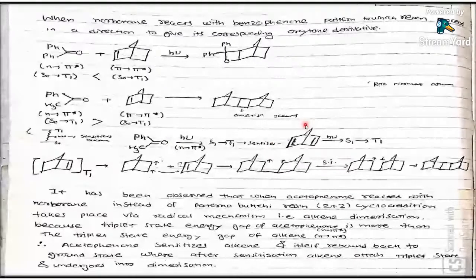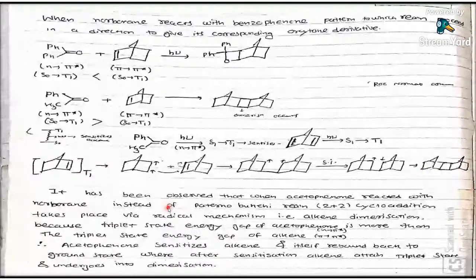As the norbornene is being sensitized, it will go to the singlet state, then the triplet state, and in that triplet state it will form the diradical. It will combine with another norbornene species, and in this way, as we have already seen, it will form the dimer as a product. So it has been observed here that when acetophenone reacts with norbornene, instead of the oxetane,